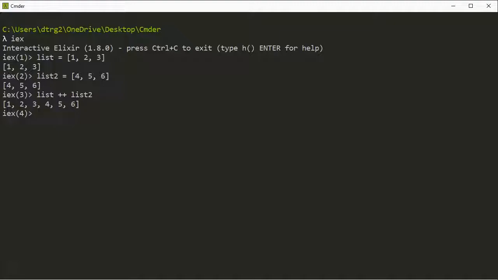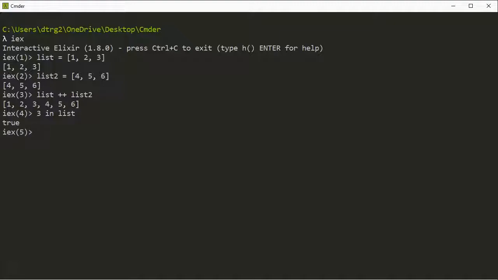So the next operator is the in operator. Now how the in operator works is it will be going through the list and it will be checking whether that particular number or that particular thing that you are asking for is present in the list or not, and it will be simply giving out true or false. So let's just say I want to check if 3 is in list,